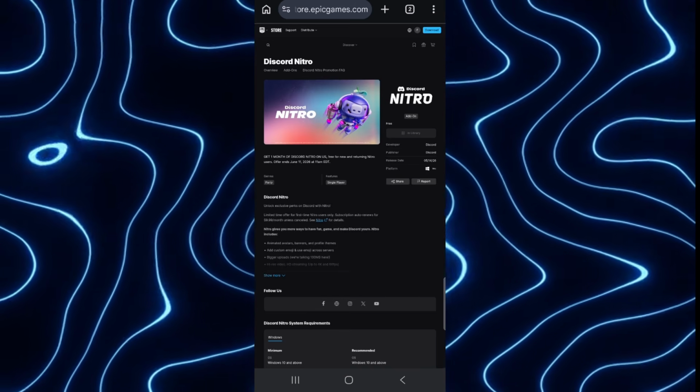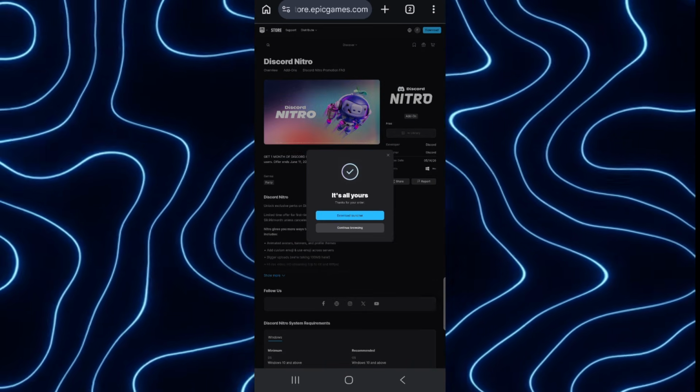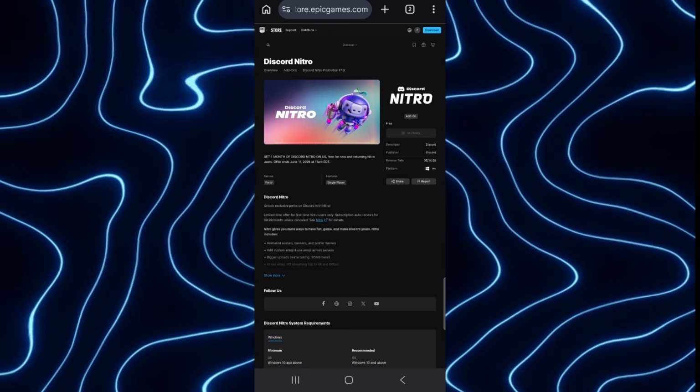It requires a payment method though, like card or PayPal. Make sure your bank balance is minimum $10 because Discord charges $1 as a temporary payment to check if you are